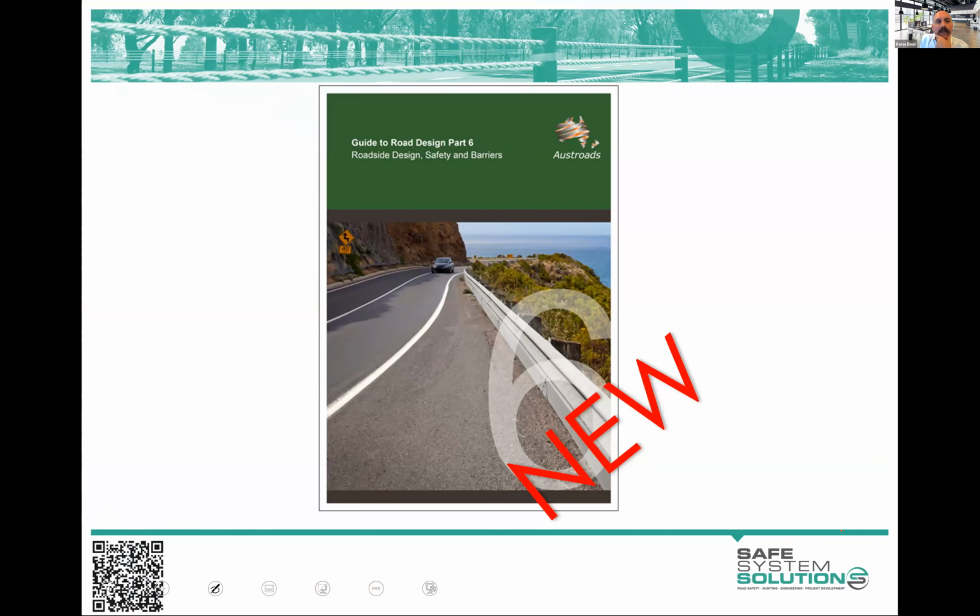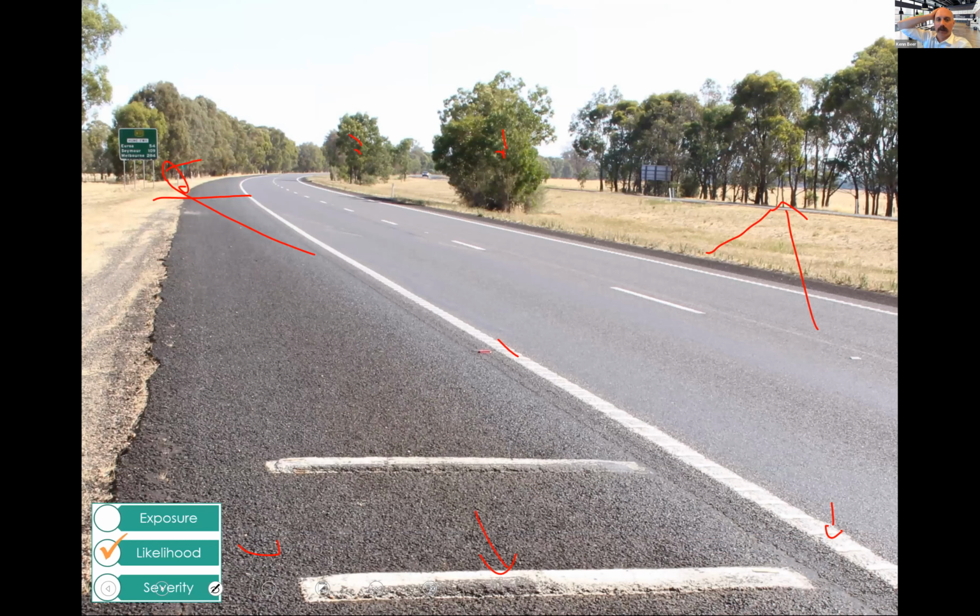But the new Austroads Guide to Road Design Part 6 starts the process of challenging that usual, well, let's just create cleared areas. And it's really tragic to see when a multi-billion-dollar road upgrade is done and finished, and within months of cutting the ribbon, a vehicle runs across a median, collides with a vehicle with a family in it and kills everybody.